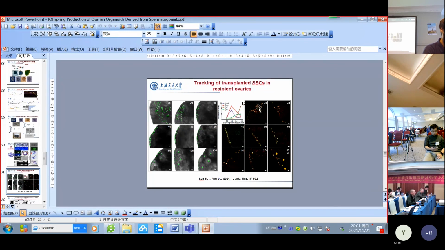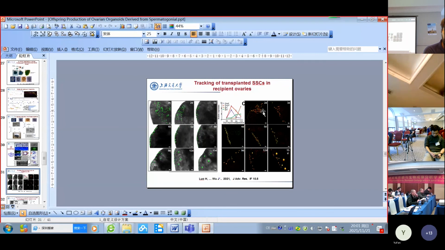And this is for immunofluorescence with the antibody,